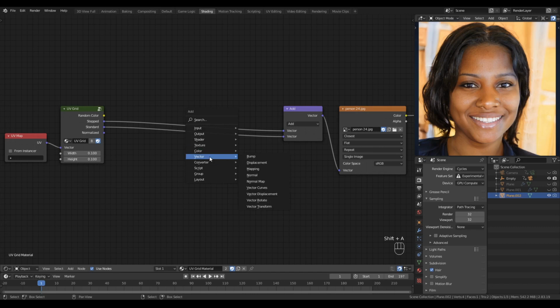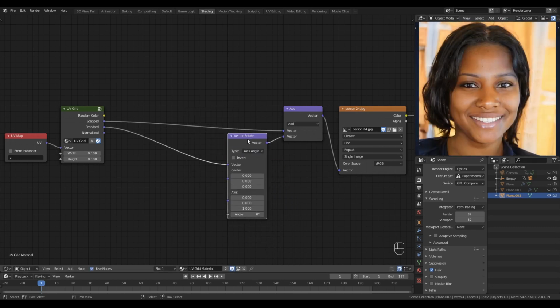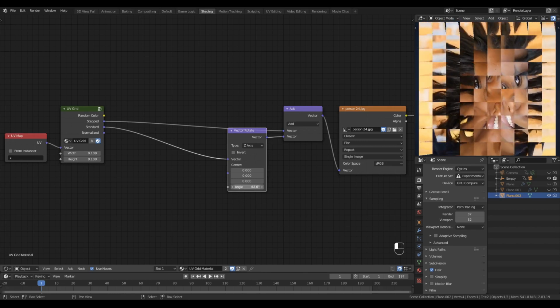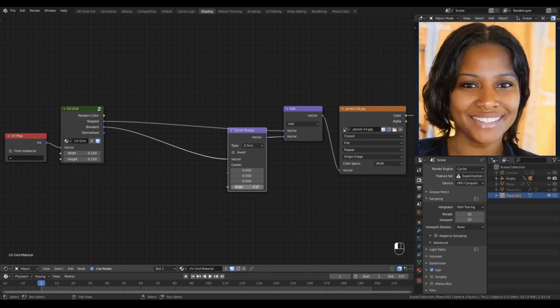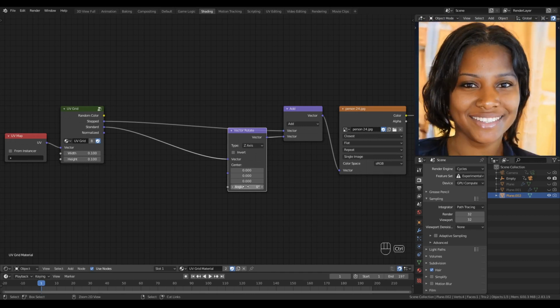Let's begin with a vector rotate node. I'll drop it on the standard vector output. And in this case, we're using a UV map, and our standard vector output has useful X and Y components, so we can rotate around the Z axis. And now if I click and drag on my angle input, you'll see that we can rotate each individual tile of the image. All the tiles are rotating around their bottom left corner,